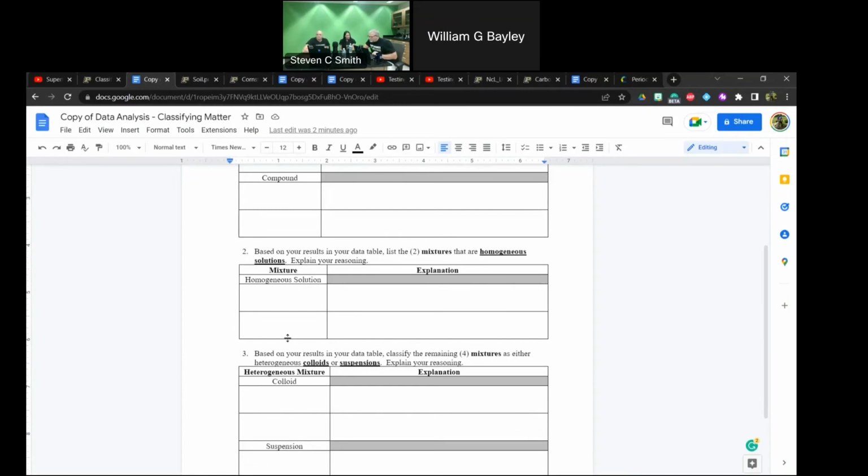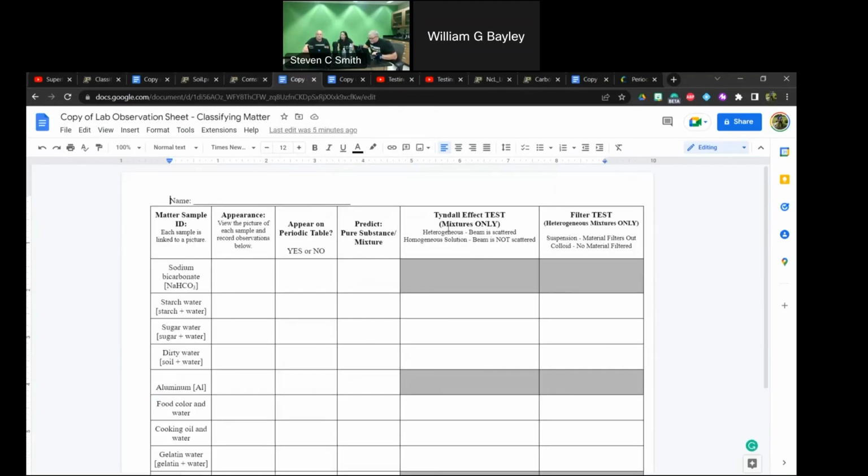on the lab observation sheet, if we could add one more column for their prediction of what they think it will be. Okay, so I think right here under the Tyndall effect test, that was kind of what I was thinking that they would then fill in there. So is it heterogeneous or homogeneous? When my students were doing this in the classroom, we used different samples than what I have listed here, but this is where they would list heterogeneous or homogeneous. So they would go ahead and make that prediction. If they thought it was a homogeneous solution, if the light wasn't getting scattered, they would go ahead and X out the filter test. And that way that would narrow down what they were filtering from there.